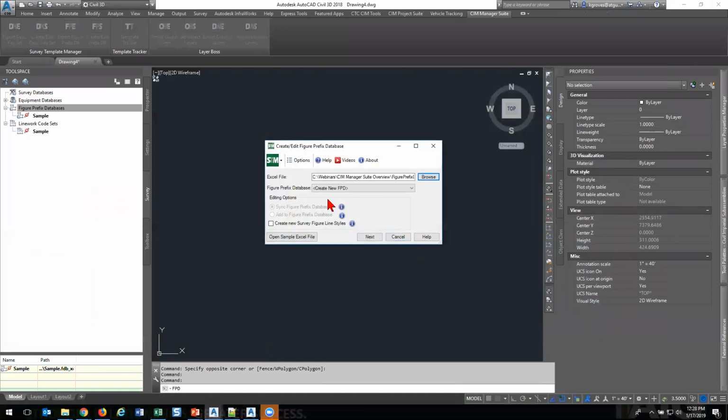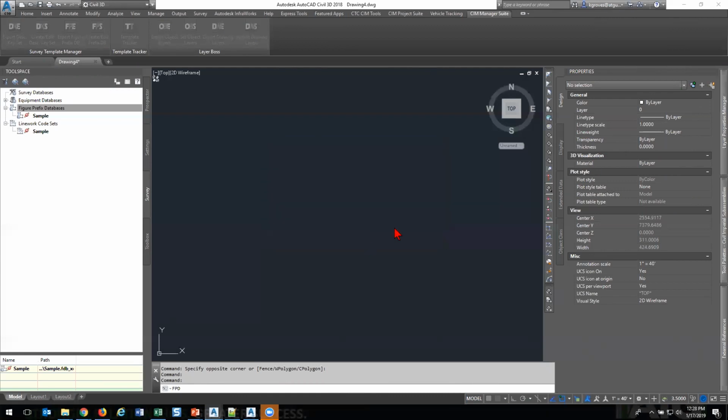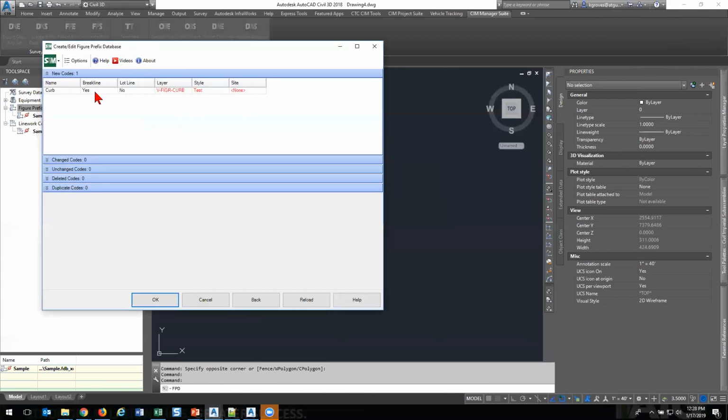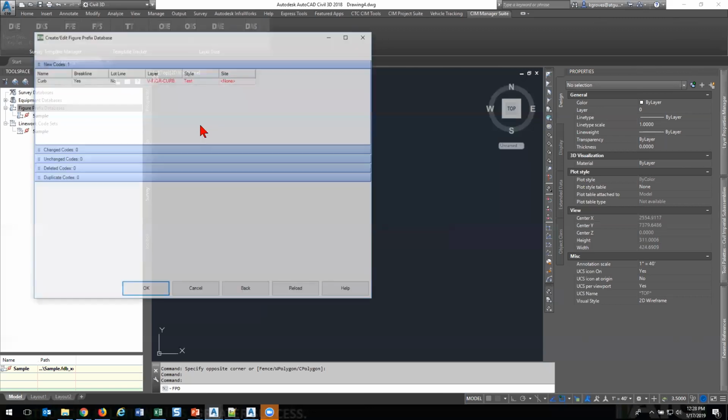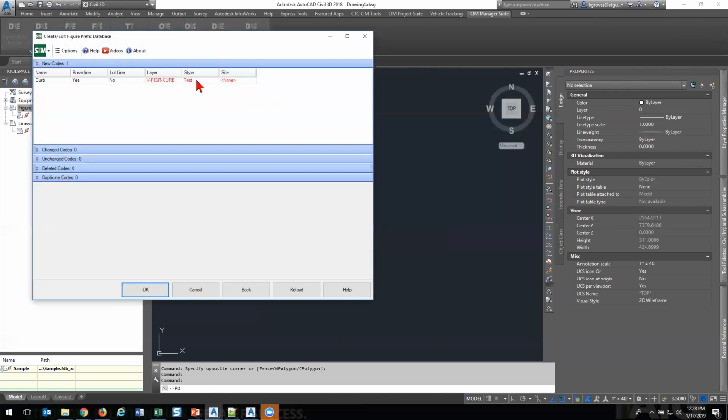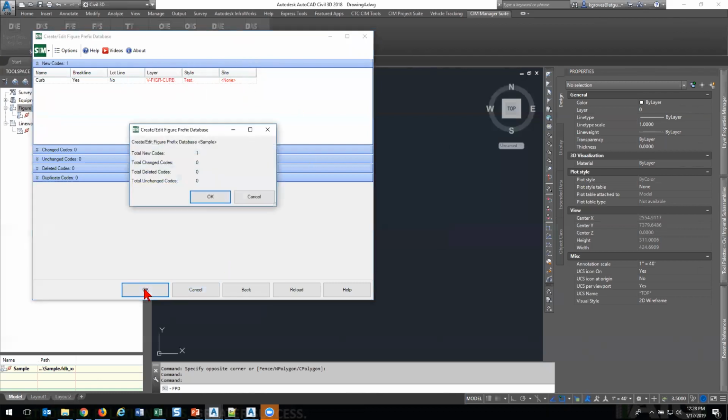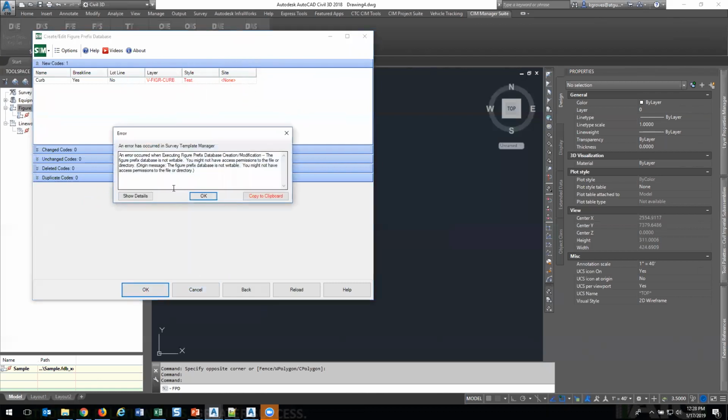Browse. And I'll add this to the sample, and we'll just give it that additive with the figure line styles. And we can see I'm going to get this new code, but the layer vfigure curb isn't in my drawing already, so that's going to get created. It's in red. I don't have a style called test, and I don't have a site called none. So these are all going to get added. But when I run the tool,